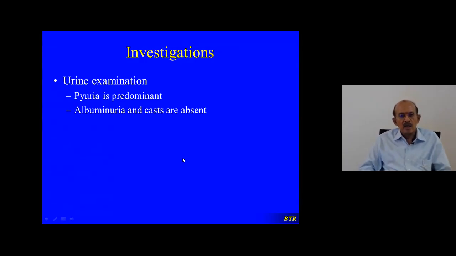Albuminuria and casts, what are they? How they produce? How albumin is secreted into the urine? Normally, albumin is not present, but when albumin is present in the urine, what does it indicate? Yes, very good. The filtering mechanism is affected. That is the glomerulus. Whenever the glomerular pores widen, then there will be albumin secretion. So albuminuria is a feature in case of glomerulonephritis.